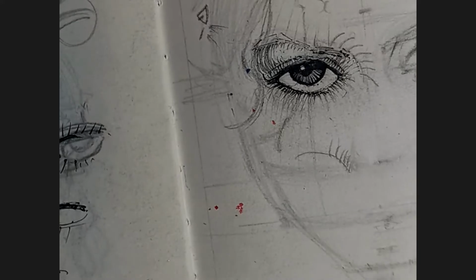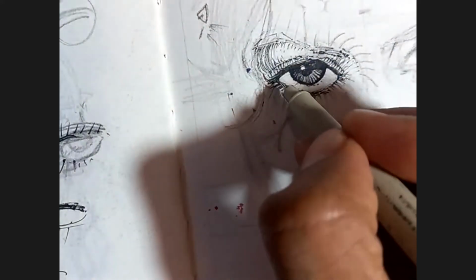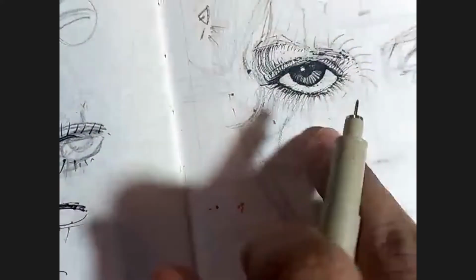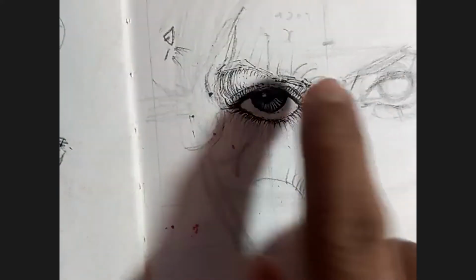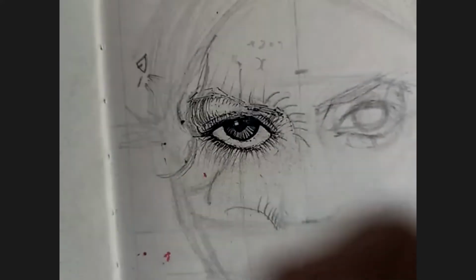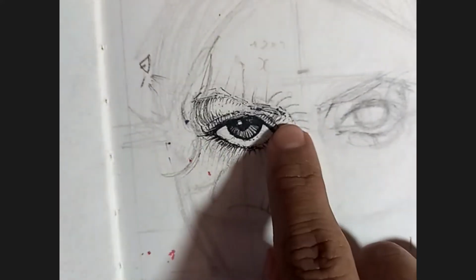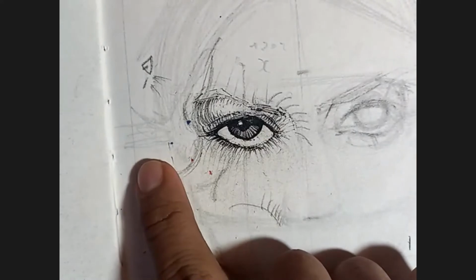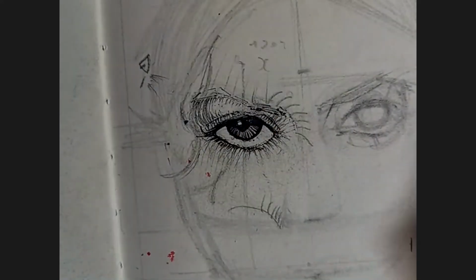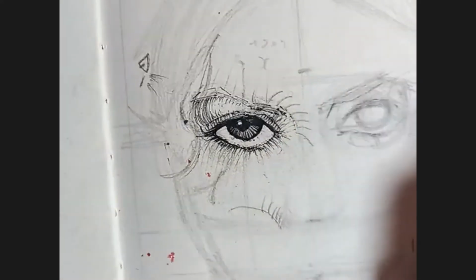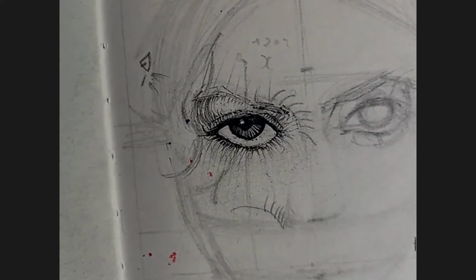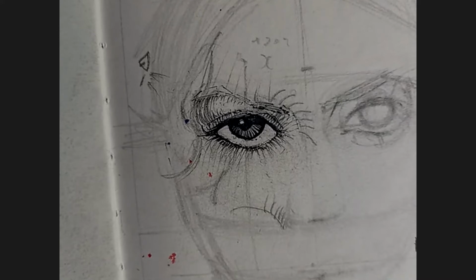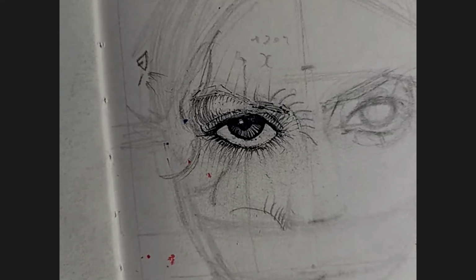Fair enough. So we have most of the eyes done. Now have you been able to catch up so far? Now what's remaining are the eyebrows and the whites of the eye. Yes, we will work on the white of the eye as well. We are not going to leave it completely blank. Let's first work on the eyebrows.